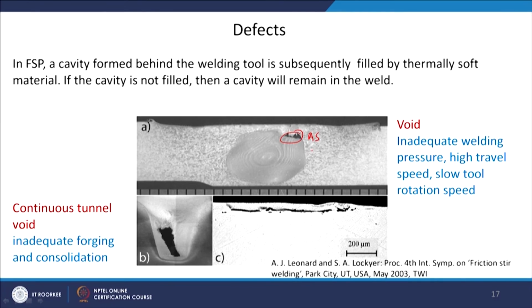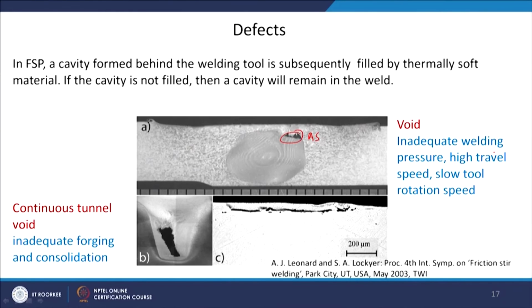This is usually because you are not able to apply sufficient normal force to the tool. When you apply normal force, the shoulder is actually creating a compression on the sample. So, when the material is stirring, it is stirring in this confined space between the shoulder and the cold environment of the workpiece. So, if there is inadequate pressure, meaning normal force, or high travel speed or slow tool rotation, all these contribute to this kind of defect.